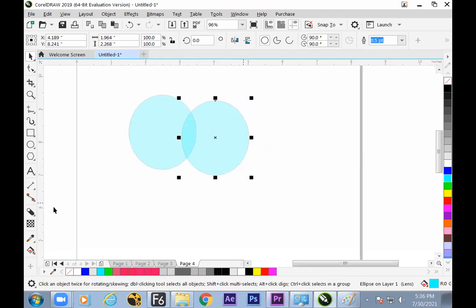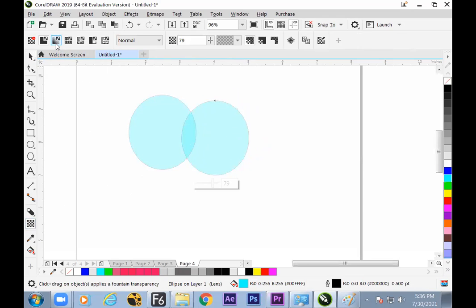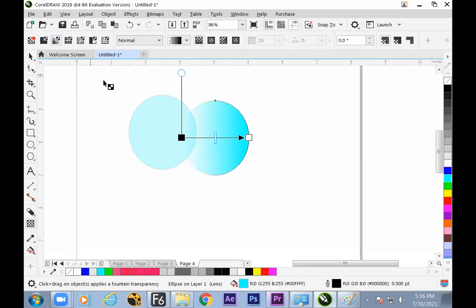Now the second transparency is fountain transparency. That means it is a gradient transparency, where one side will be completely transparent and the other side completely visible. That is called fountain transparency. And yes, inside the fountain transparency, you can control a lot. The center point of the transparency can be at the start or at the end point.